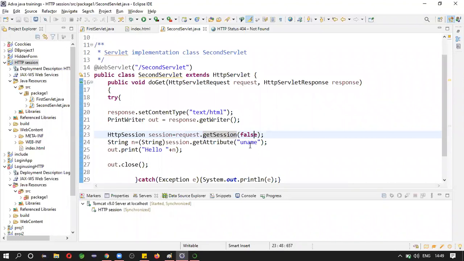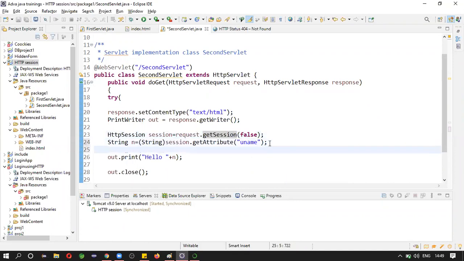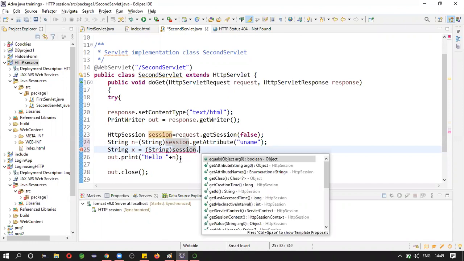So here you are getting uname. Try to get something. String x equals, see why they are using String: because it is returning the output as an Object, so we are converting that into a String object.